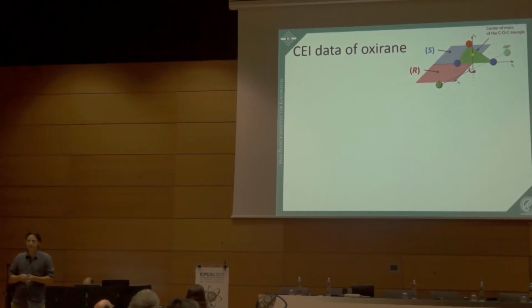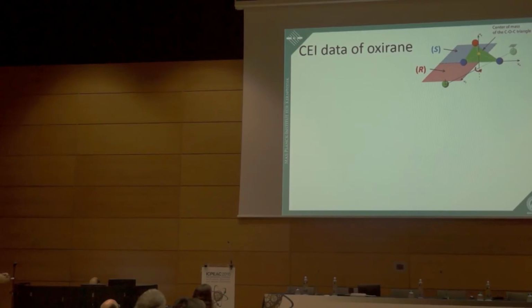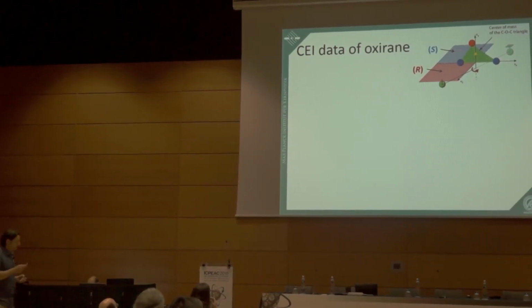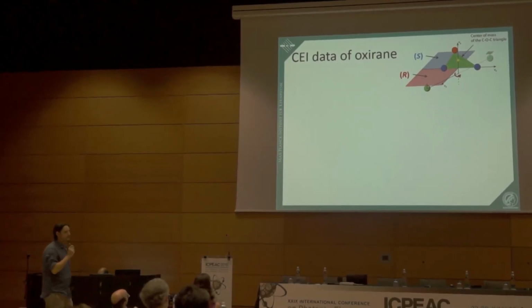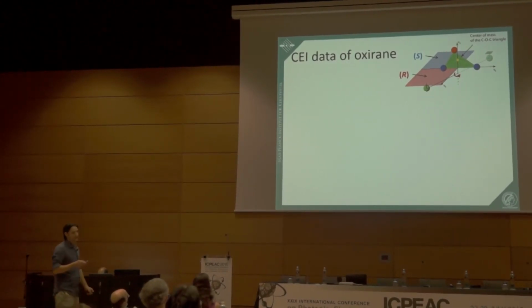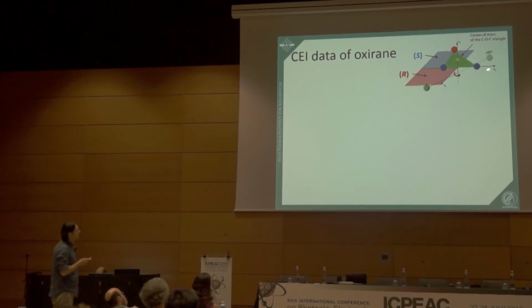Let's have a look at our data. And I have to explain to you how I want to present this data. So what we did is, for each molecular event, we defined a coordinate system, which looks like this. We put the two Cs onto the x-axis, the center of mass of the CO, this here is the O-C triangle, on the positive